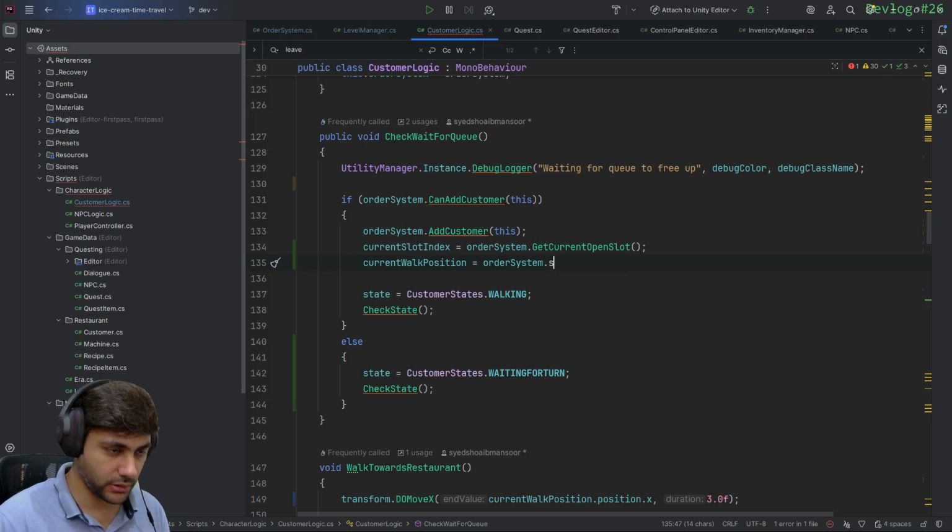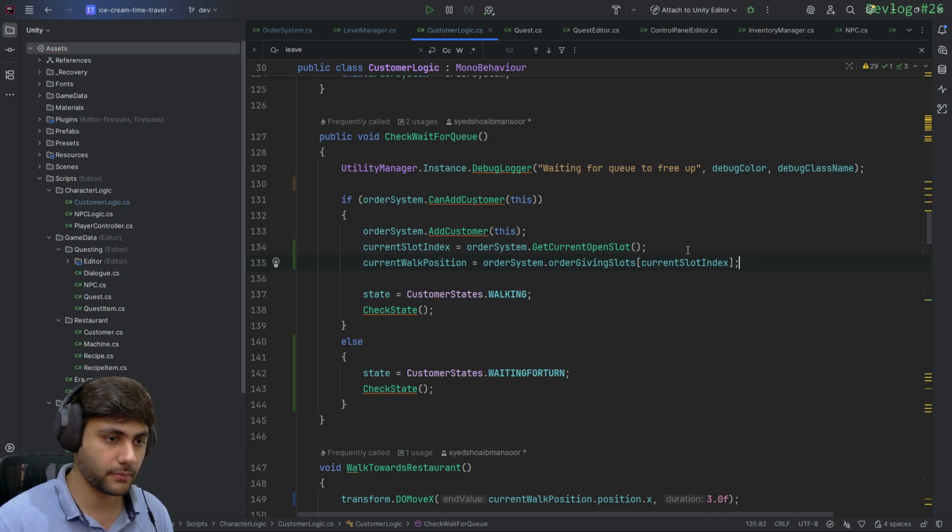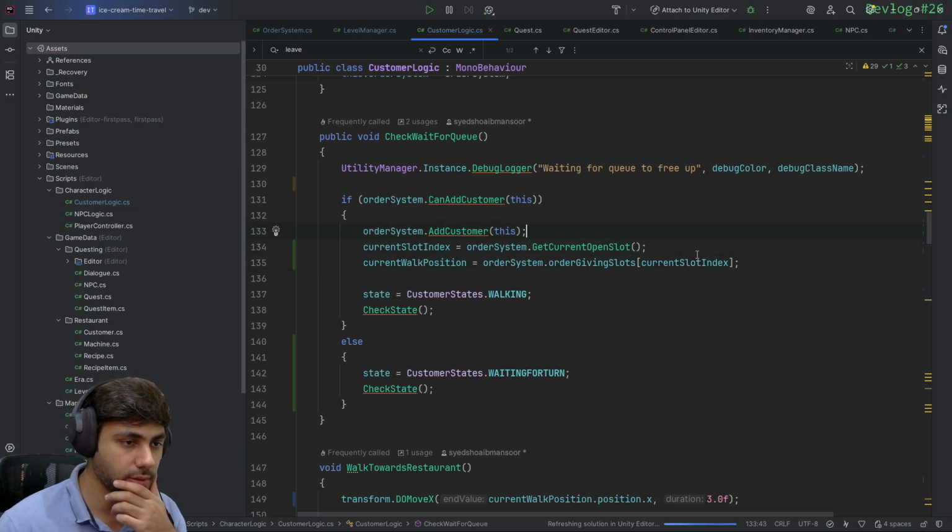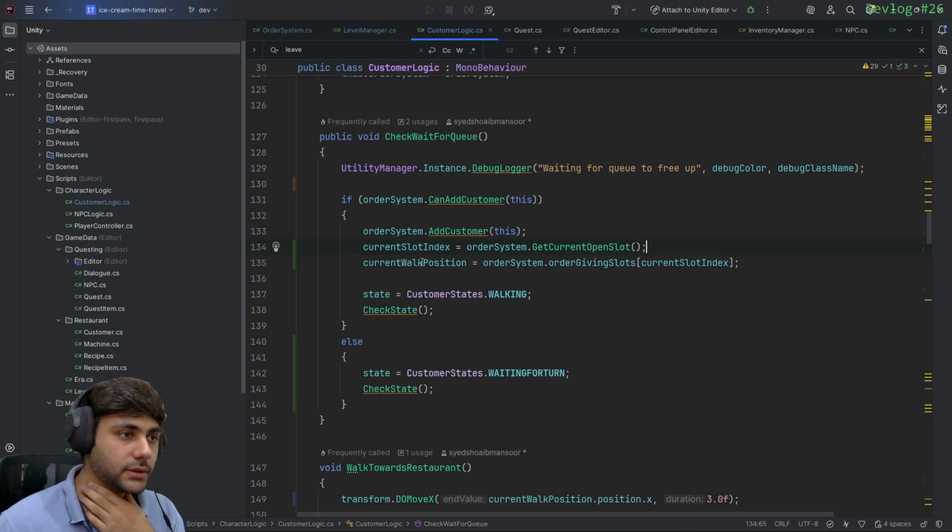System dot... and now we have this slot index,